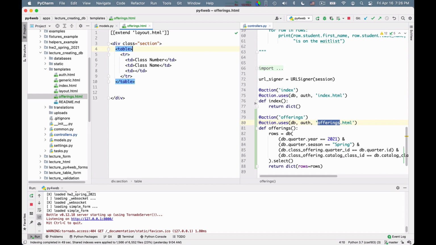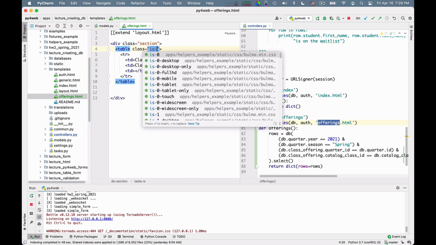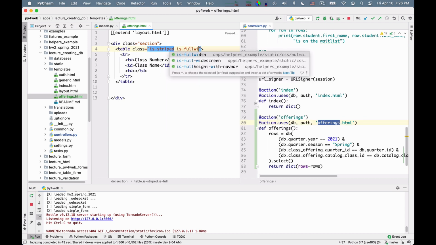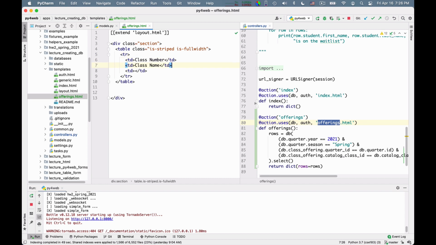Okay, so the table class is equal to is striped, is full width. Okay, something like this to make it look a little bit more decent.